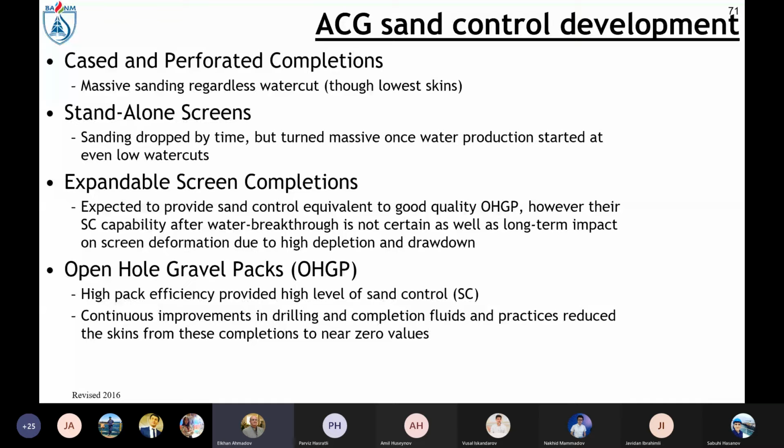their screen deformation was an issue because of high rates and high stress through these high drawdowns, which questioned the performance of these expandable screen completions. And finally, the open-hole gravel packs were applied, and they showed very high efficiency in terms of sand production. And